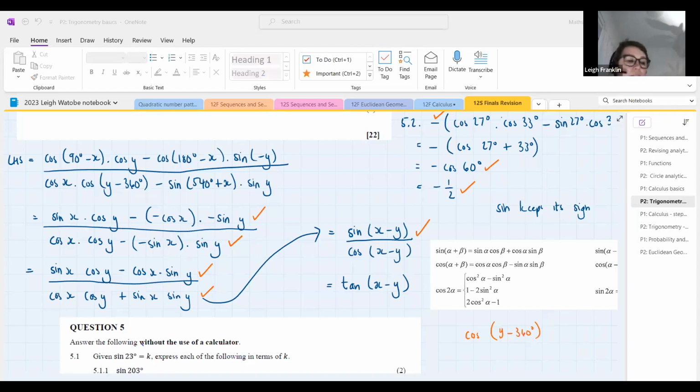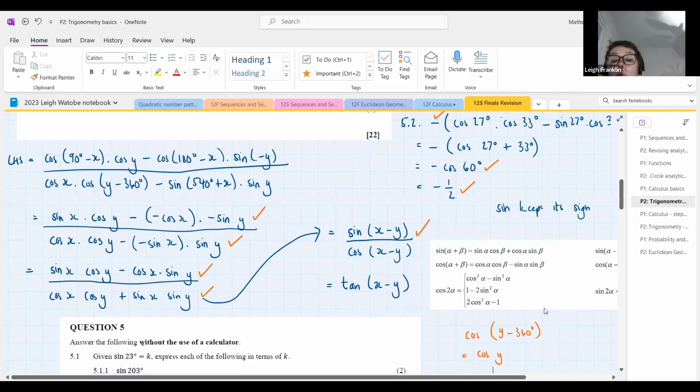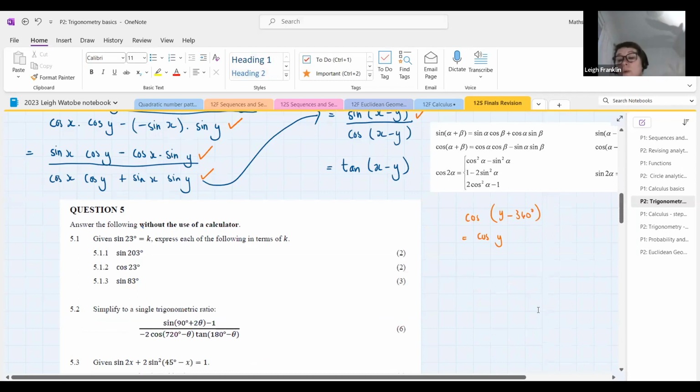What happens when you add 360? You're in the same quadrant. So that's why you'd end up with cos y. Okay, the other way that you can think about it, well, there's 2 other ways you can think about it,